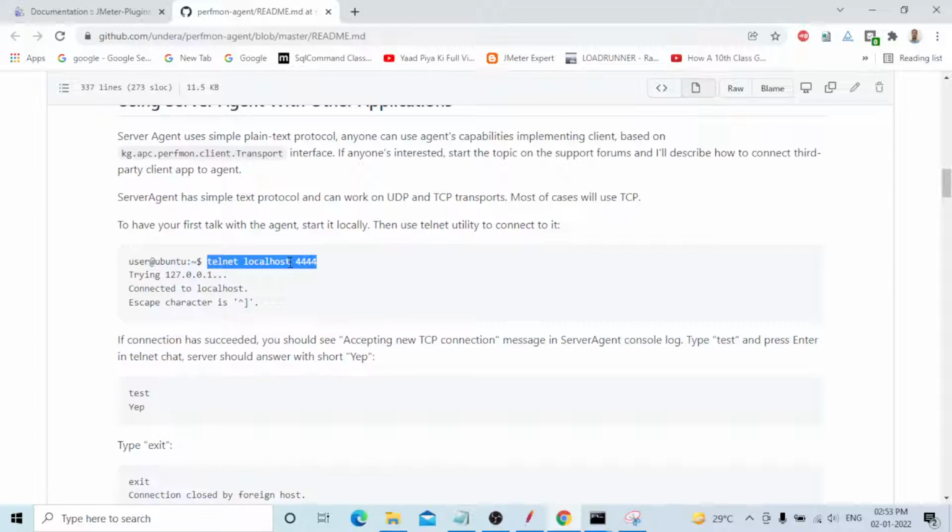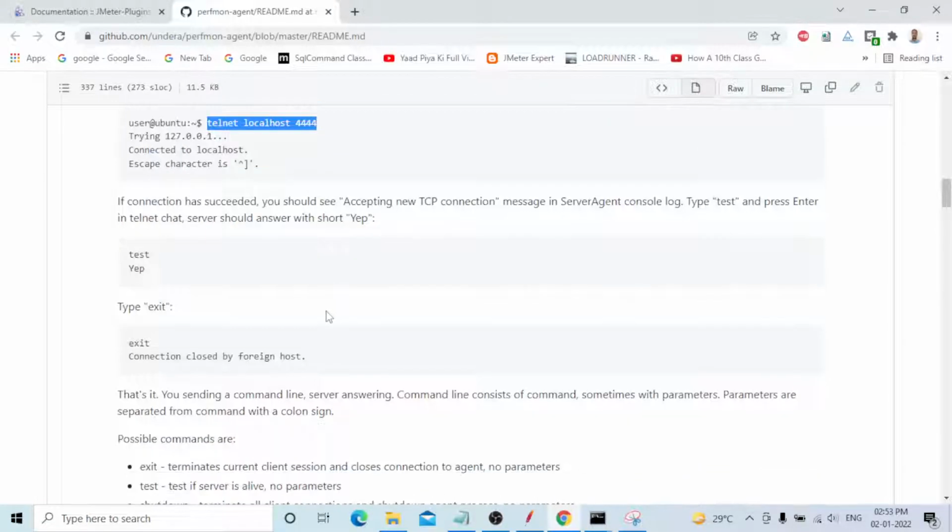Localhost is your machine and 4444 is the port. Once it is connected, if the connection has succeeded, you should see the accepting new TCP connection message in the server agent console log. Type test. The text is not shown, guys, because of security. Just type test and press enter. The telnet server should answer with short 'yep', which means yes.